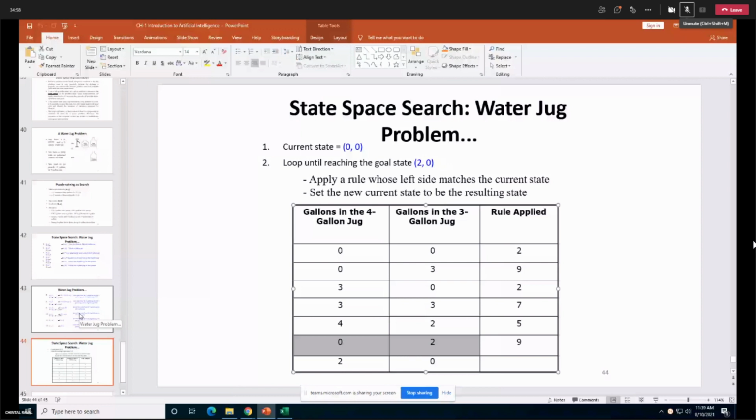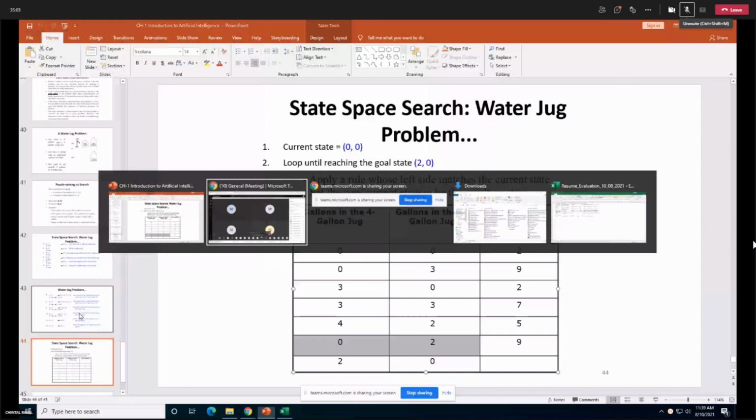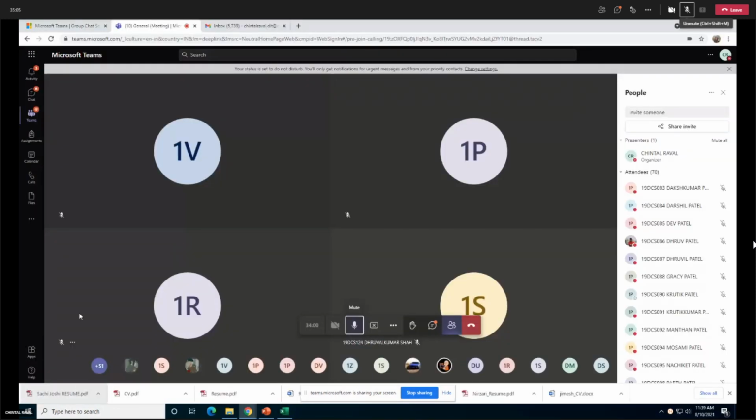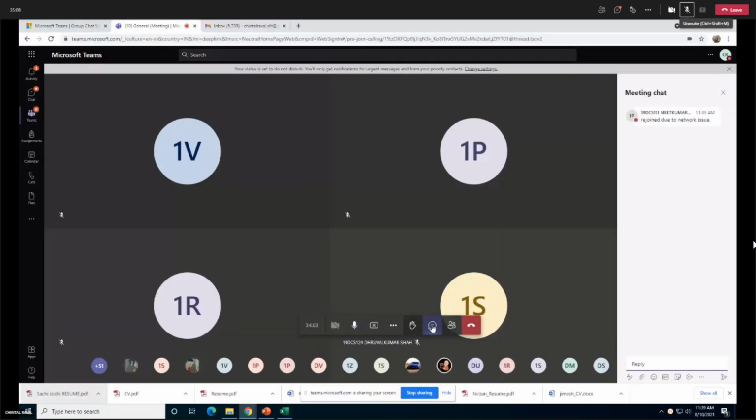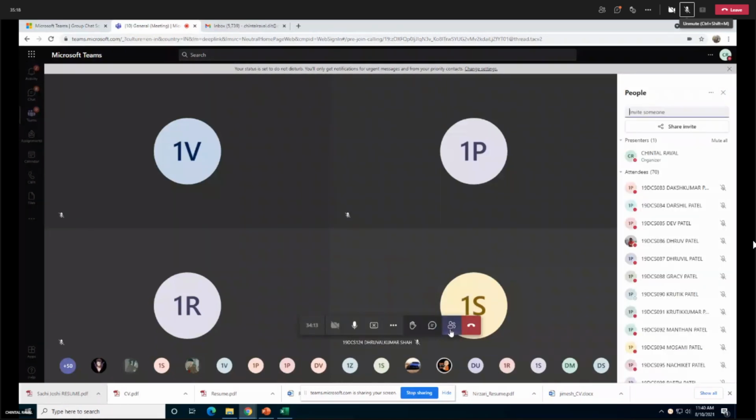Now, I would like you to work for 5 minutes. You can find the rules for this water jug problem on the internet. Get me a new solution that is not 2, 0. I need a solution such as 1, 2, 2, 2, 3. That is an acceptable solution by applying the rules. I'm giving you 5 minutes for this task, and you are requested to come up with a new solution by applying the rules. 5 minutes, start working. I will share my screen for the rules if you want.